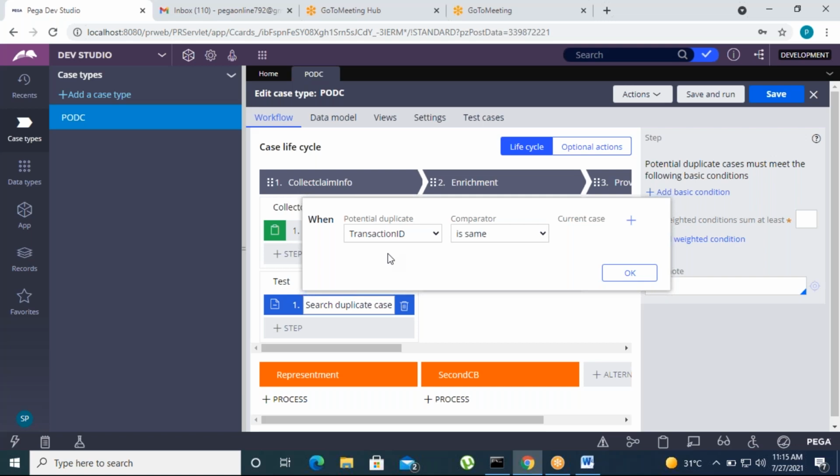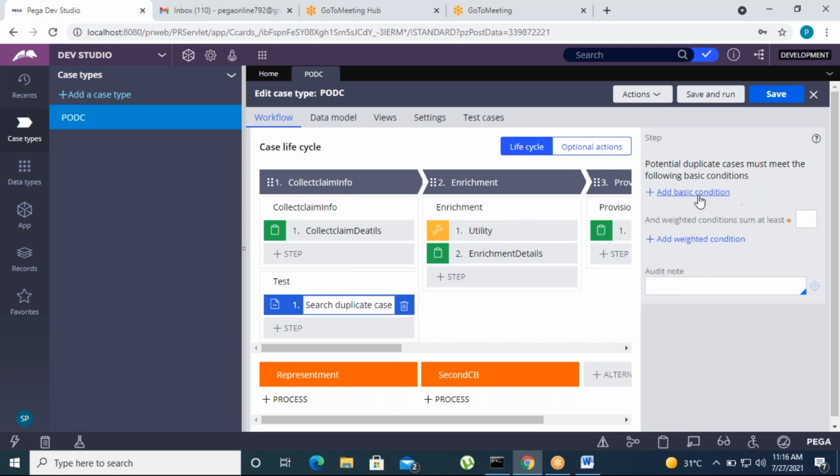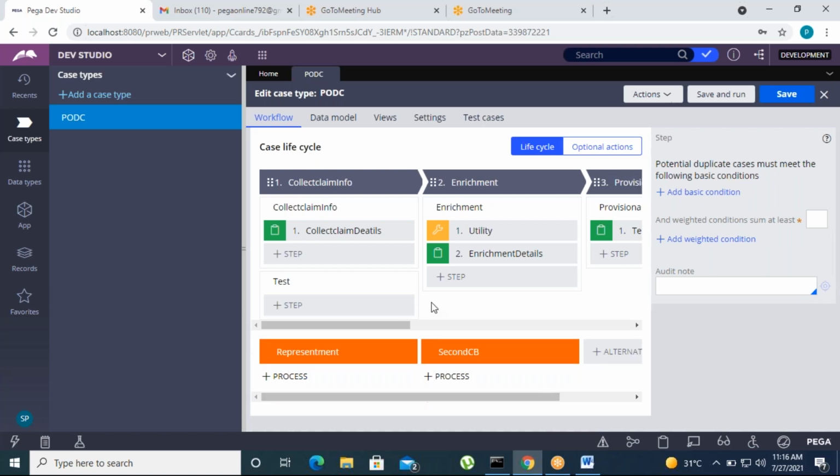The primary ID is the mail ID. Suppose you are going to apply for jobs, the primary key is the mail ID. They are going to search whether your data is there or not in their databases through email ID. If the email ID is not there in the database, you are not a duplicate. Clear, right? This is about defining the conditions. That's it. This is how to search the duplicates.